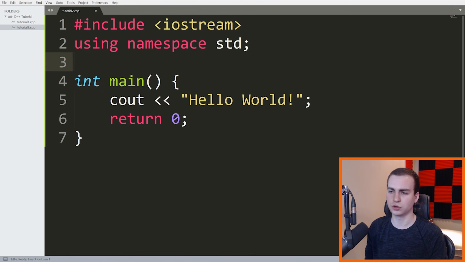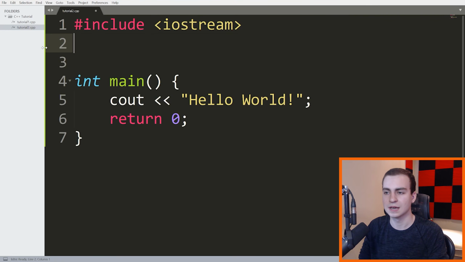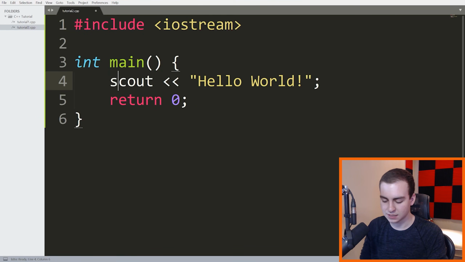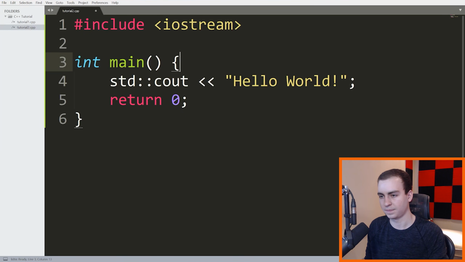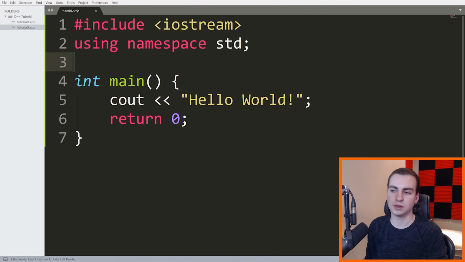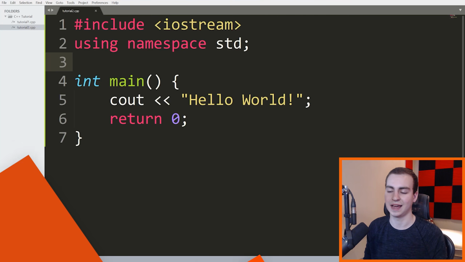If it doesn't make sense, you can totally just take for granted that we're writing this line, and we'll discuss it later on when we actually get into defining our own namespaces. But for now, understand it's allowing us to access all of the things inside of this namespace without explicitly referencing. If we don't use this, it doesn't mean we can't access it. It just means that we now need to write std:: because we have to say where cout is defined. Whereas when we have using, we are now telling the program that we want to use all of the stuff inside of std, so we can use it without having to explicitly reference it. Those are the first 2 lines, definitely the most complicated ones that I had to explain.